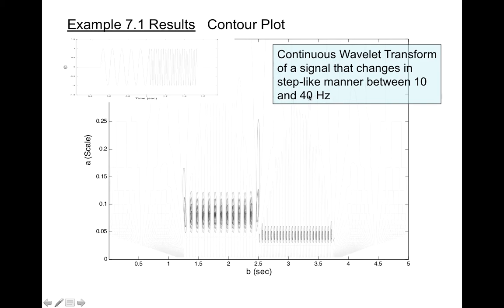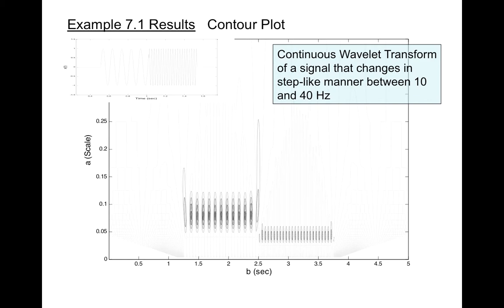Once again, your author has a typo in his slide. This is actually a 10 and 20 hertz signal. And notice that the scale does indeed halve when you go from 10 to 20. Notice that the time scale is different